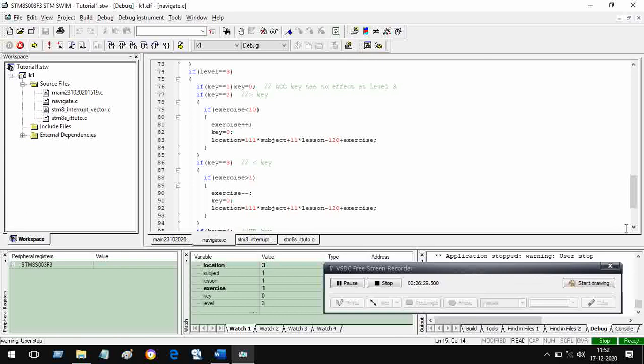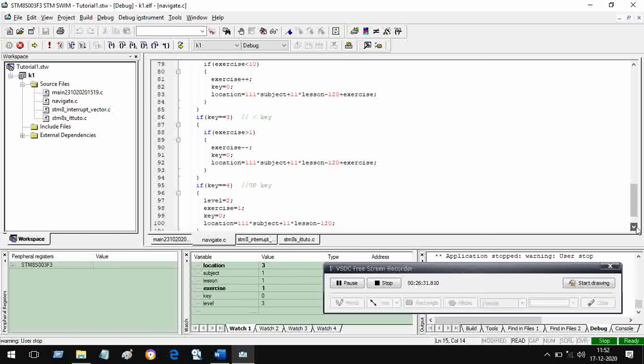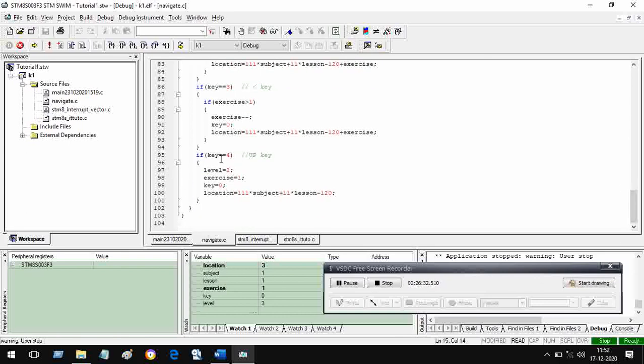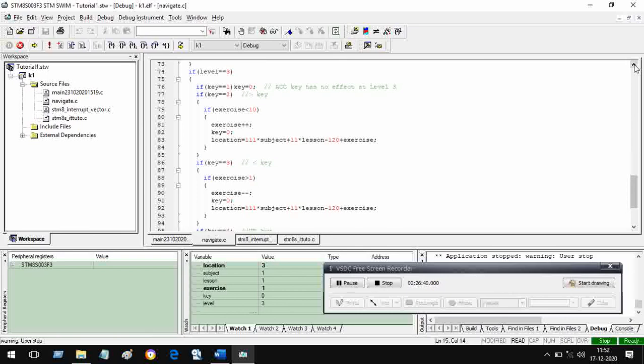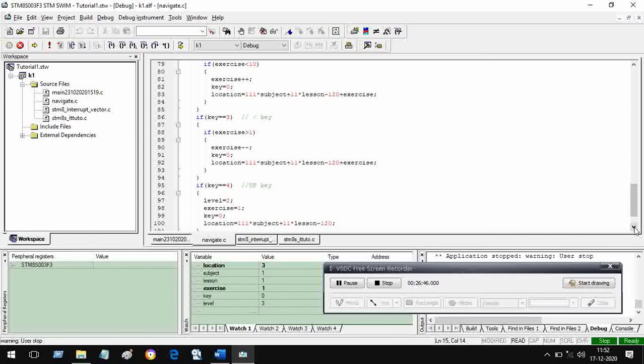You are at level 3, and therefore this section will work, and key equal to 4 means up key. So that up key will work, and what will happen? Level will become 2, and then I will explain. Okay. So let me write 4 here, enter, and run,